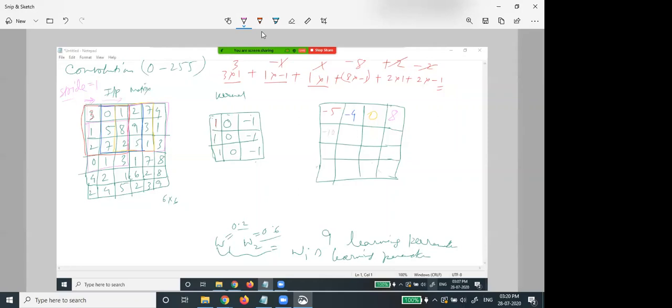You can fill up the remaining values. So see here, we had 6 cross 6, we multiplied it with 3 cross 3, and we are getting a 4 cross 4 matrix. There is one formula for what the output size would be.